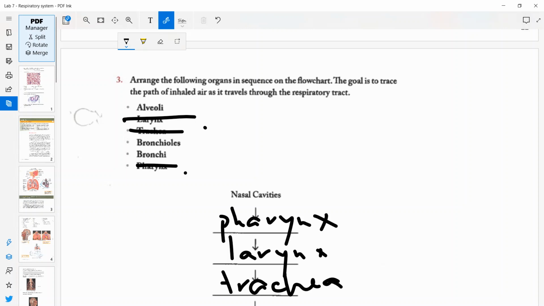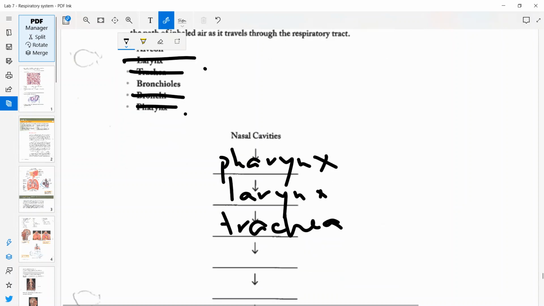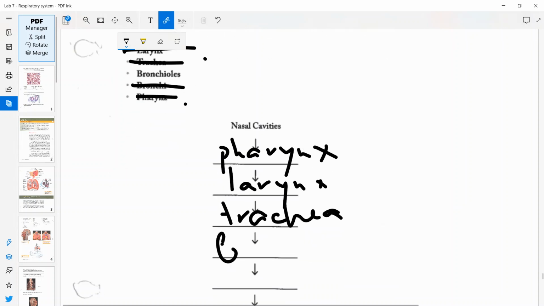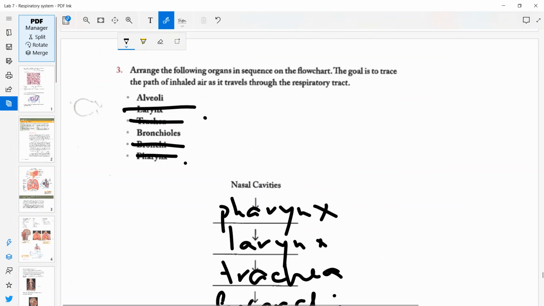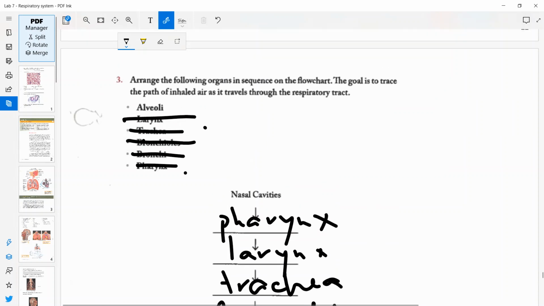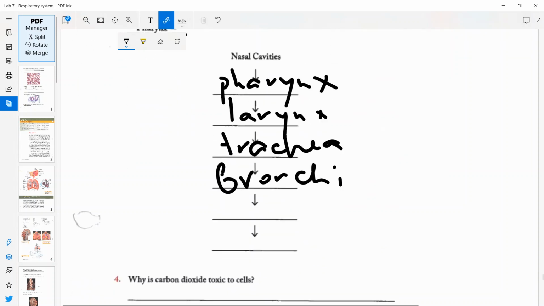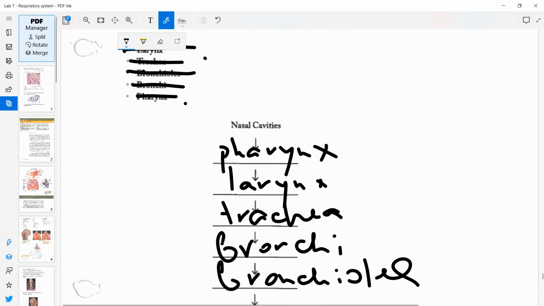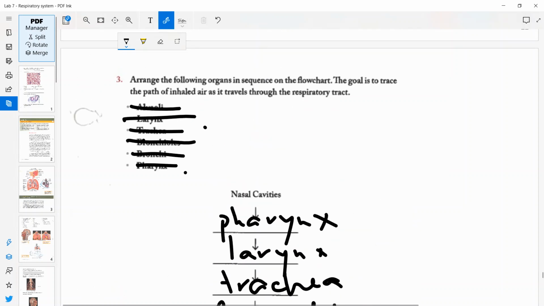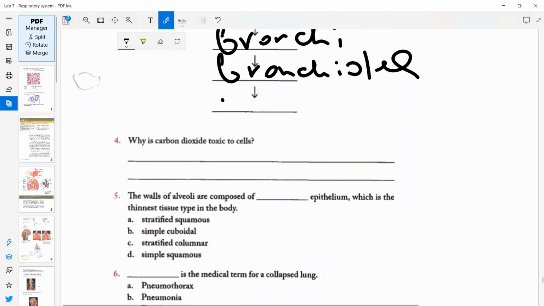From the trachea, bronchi. From bronchi to bronchioles. And from bronchioles into the alveoli. Carbon dioxide isn't that much toxic to the cells, but it generates